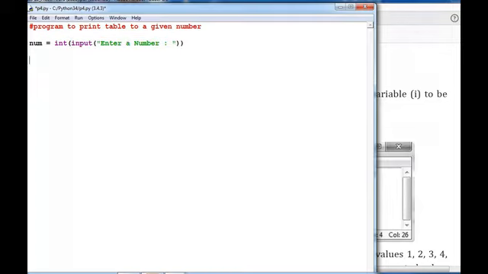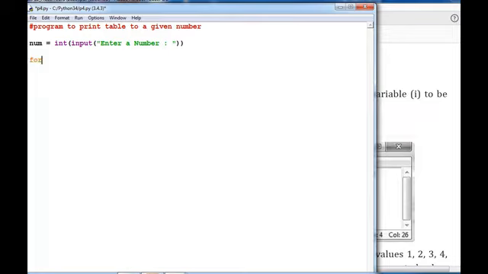Then generally we know the logic behind the generation of the table of any number. You have to multiply that number with 1 to 10. The very first time you multiply by 1, then in the next iteration you multiply that number with 2, and you repeat the same process. You can multiply the value up to 10.